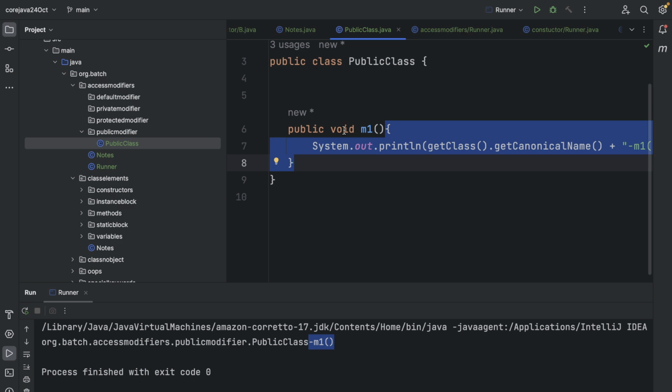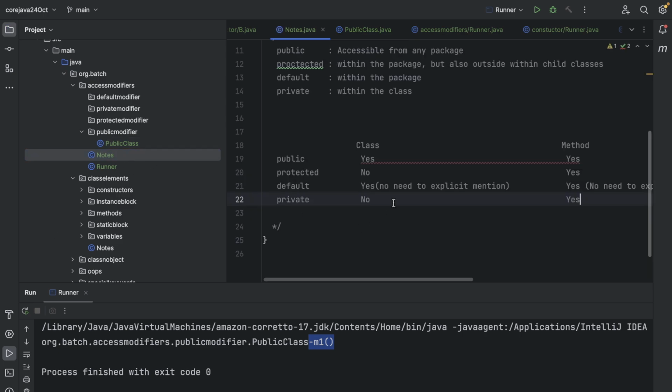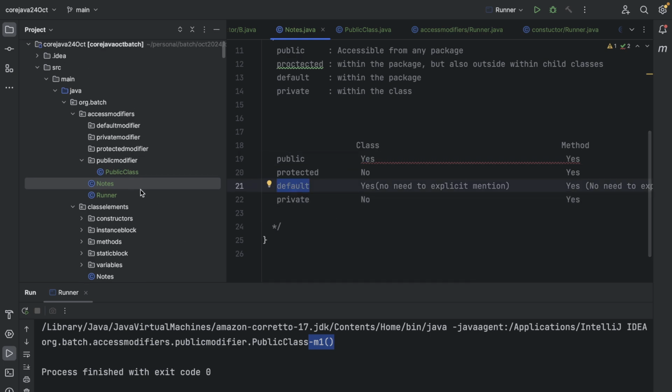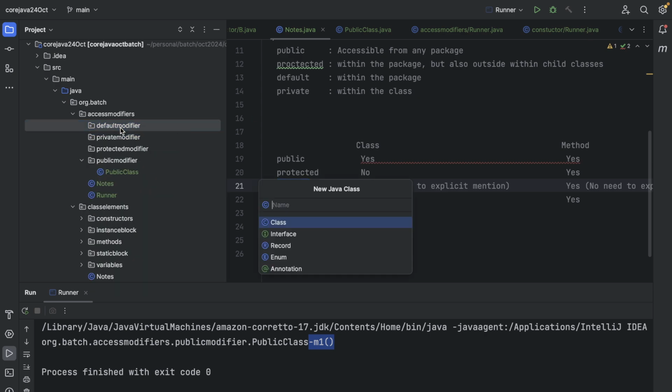So now the public class m1 method is accessible, right? Because that method is also public, so I can access it from anywhere, right? So at the class level, if we go to the notes, the class level is only two, right? Public and default, right? So that means if I just create a class in the default modifier, I will create a default class,